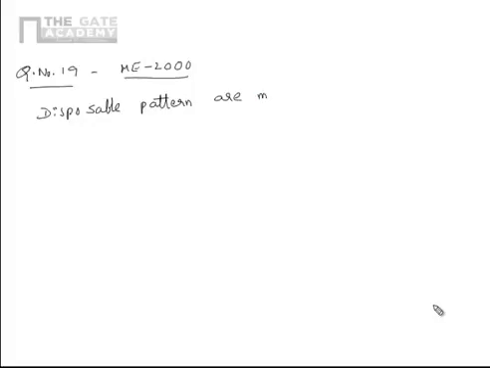Question number 19. ME 2000, one mark question. Disposable pattern are made of